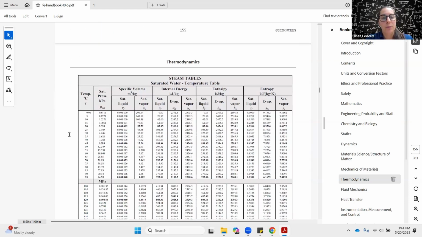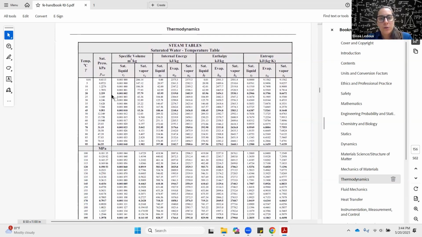And now we have the tables. So this is a steam table. So saturated water, basically you'll go down this left column. The temperature in degrees Celsius is on the left, and the saturated pressure is here in the second column. So you would find your appropriate temperature, and then you would be able to find the specific volume, specific internal